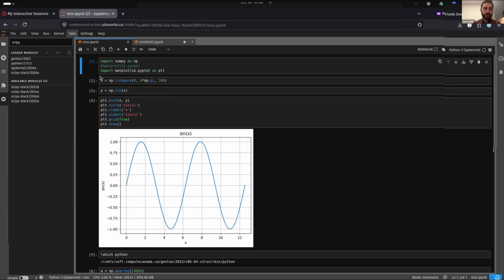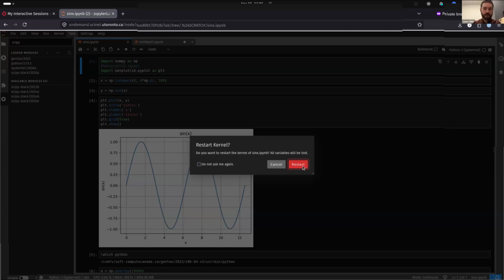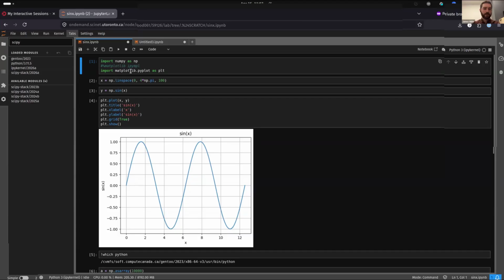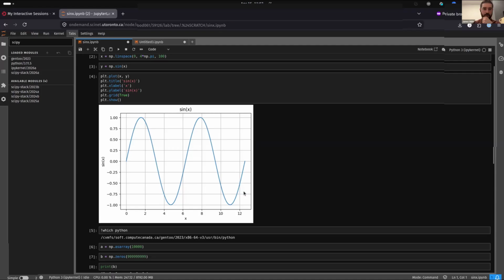You have to change that. So I've just created a script to plot a sine curve, and then we'll just run that. Import NumPy and Matplotlib, which is installed by default on the Ute compute nodes, and then we'll just plot it. As you can see, you can access everything from